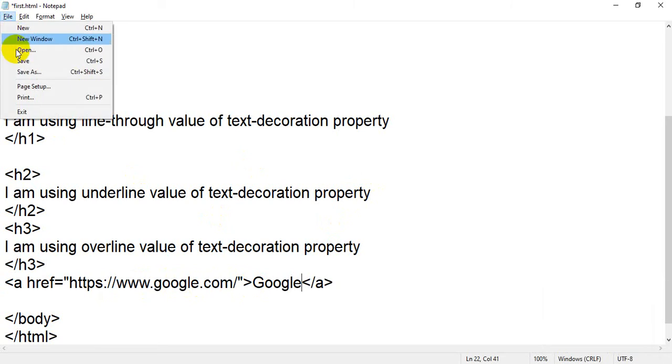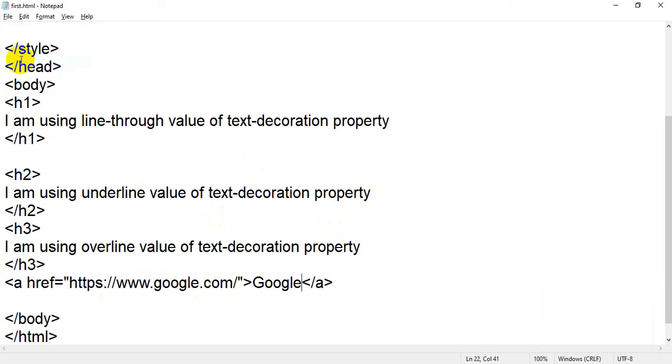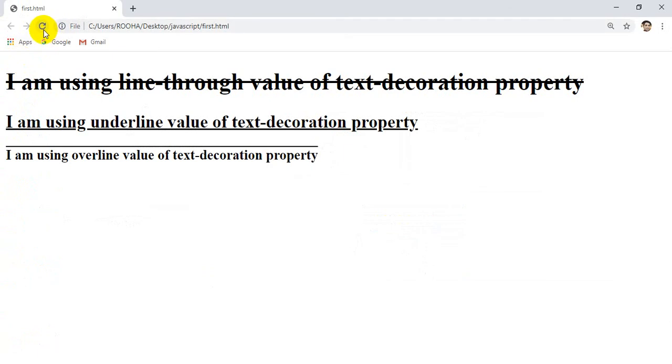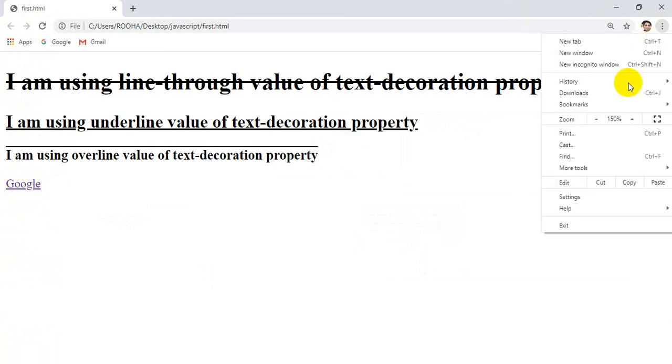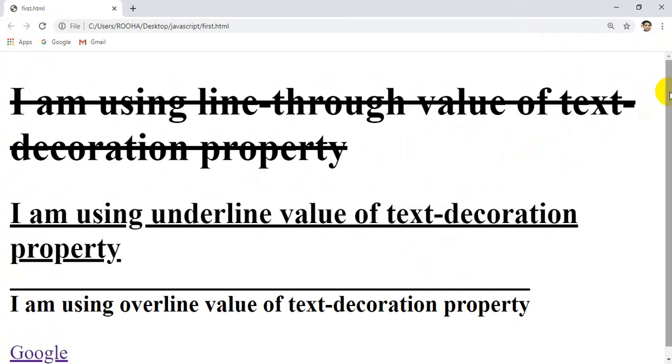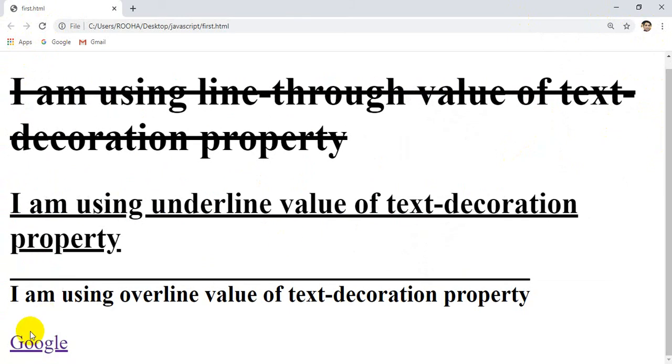So I will save it and flip back to the browser. Refresh. Now you will get a link, Google. Should I increase the size? Okay, see, now you can see Google.